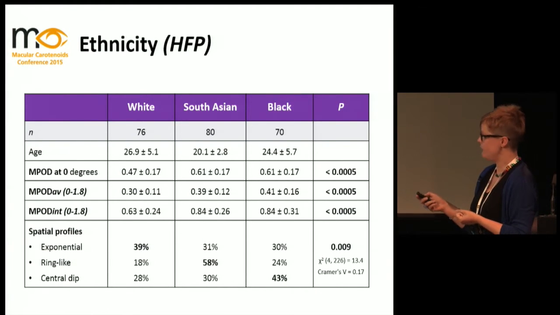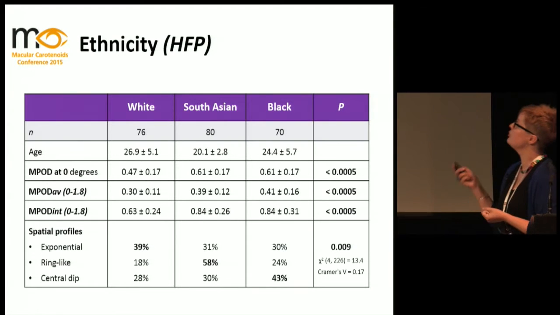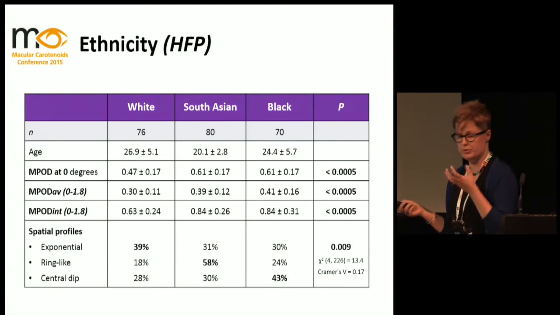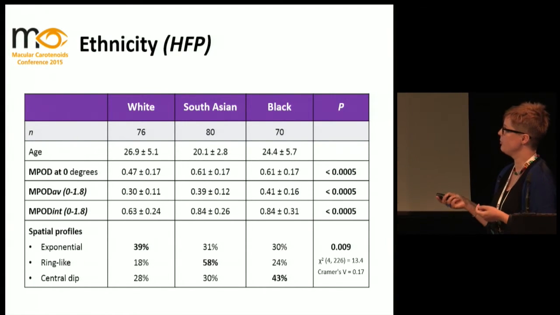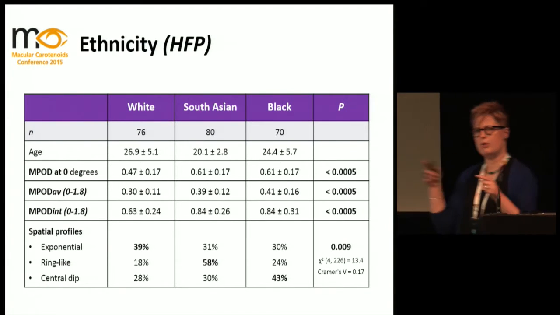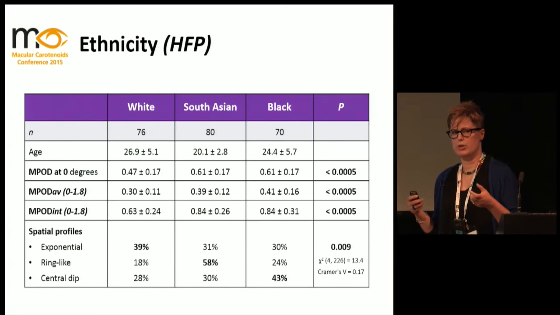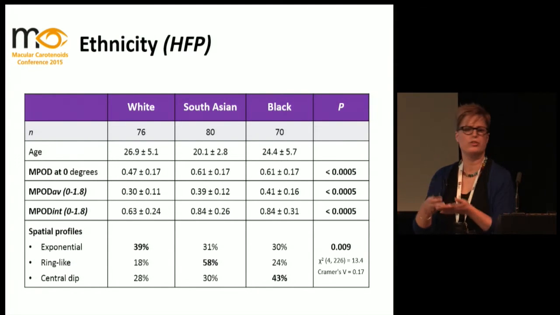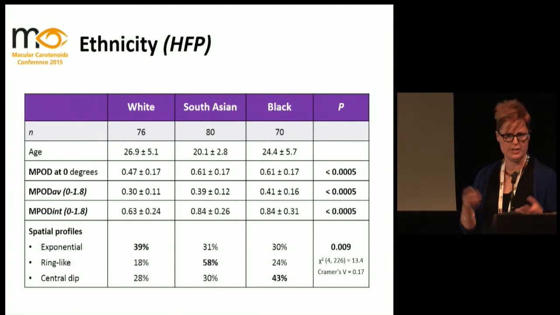And what we found is that because we used HFP, we still thought it was appropriate to use the spatial profiles. And what we really found is that in the South Asians, there was significantly more prevalence of ring-like structures, while in the blacks, it was more common to see a central dip. And this was not really related to any gender or age,